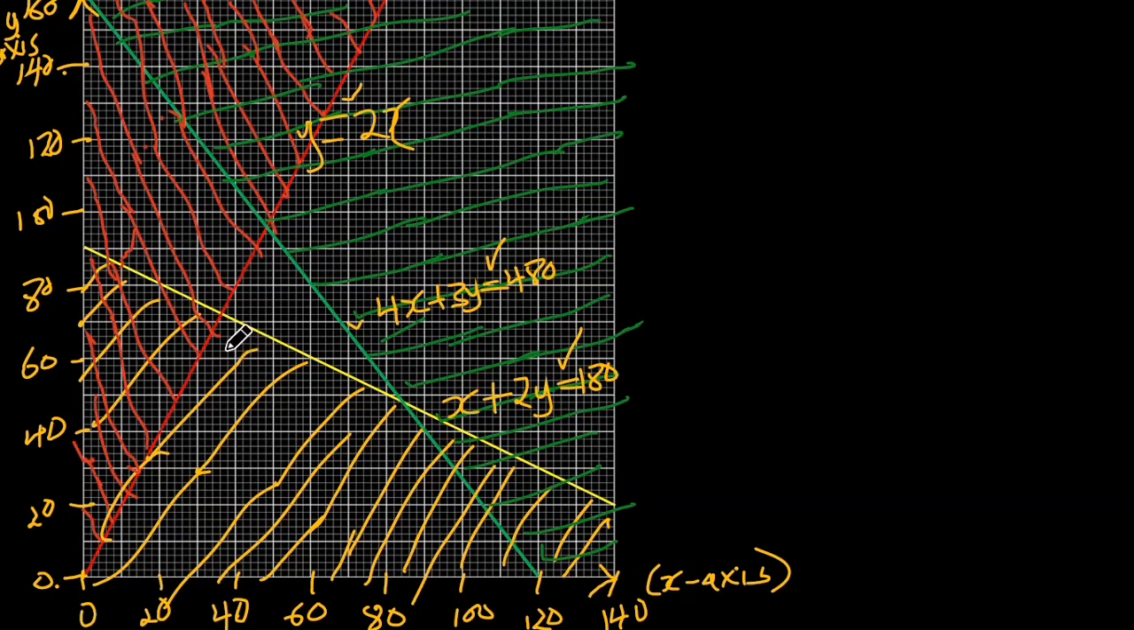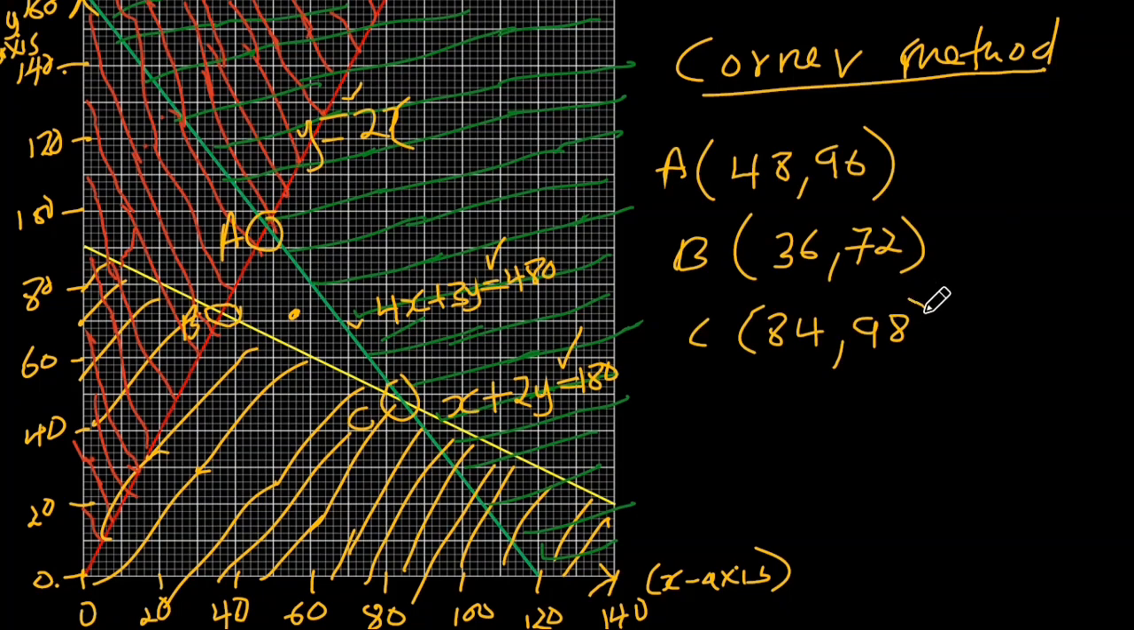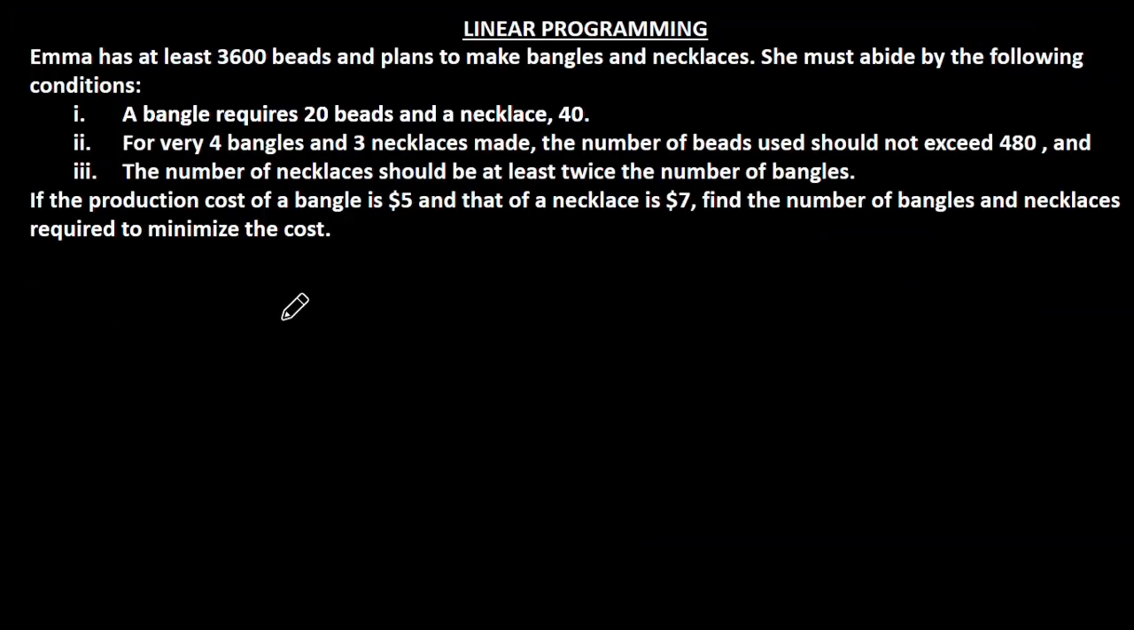Now after drawing these lines, we can use the corner method. So we come to the feasible region. This region that is not shaded is the feasible region, also called the bounded region. In the bounded region, we get the corners. We shall use the coordinates of these corners to come up with the minimum cost. So to answer the question on finding the number of bangles and necklaces required to minimize the cost,